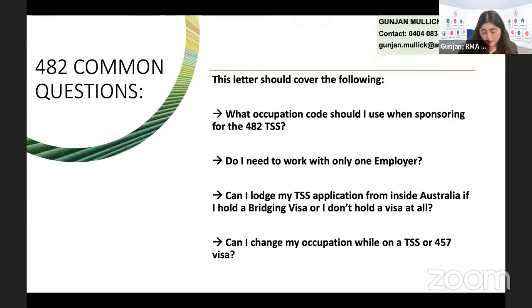Okay. All right. Do you have to work with the employer after 186 is granted? Okay, look, this is a very tricky question because you are morally obligated to the employer. Once the visa is granted, for 2 years, you have a moral obligation to work with the employer. I do not recommend you quit your job the next day you get your permanent residency. That's not what we advise as migration agents.